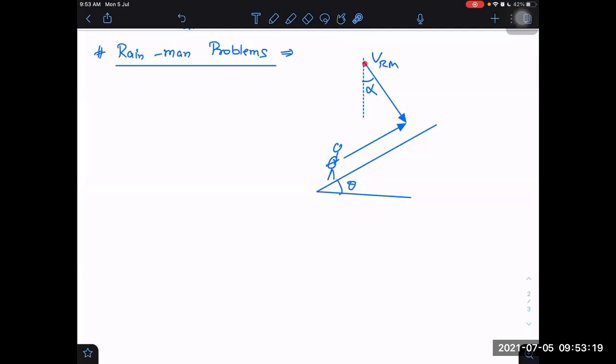If they say making an angle alpha with the vertical, then are we able to get the idea? No, directly we can't say this side or this side. It could be this side or it could be back side. We don't know. Then you have to choose any one value, but you have to be prepared that this alpha may come out to be negative. Why? Because it may not be in the direction chosen.